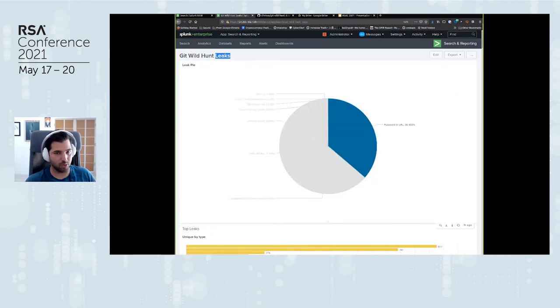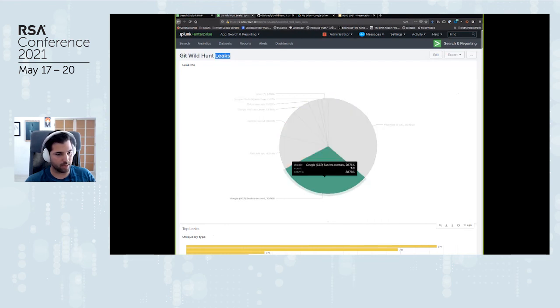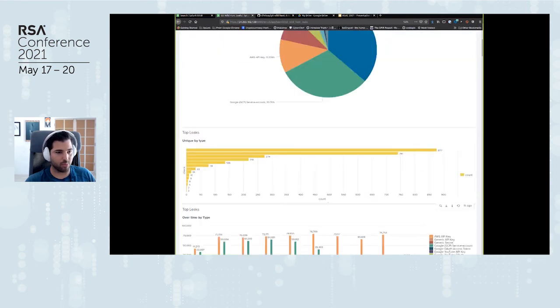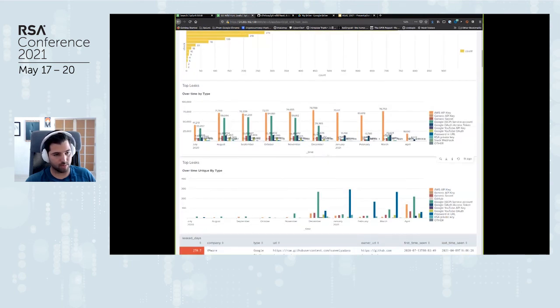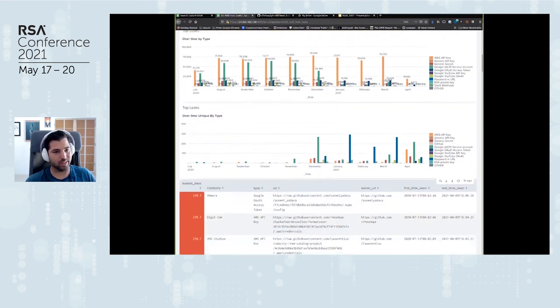And so you can see most leaks that we've gotten have been literally passwords and URLs. And some of it is a bunch of GCP service accounts as well in here, as well as API keys, right? And if you break down by type, the most common type, again, password by URLs, you can see here a pulse of how things are. It's awesome to see that over the months that we've been running this tool, there's been less and less leaked credentials in GitHub, which means, again, it makes me feel happy that the problem is getting solved, to be honest with you, since we started noticing it, right?